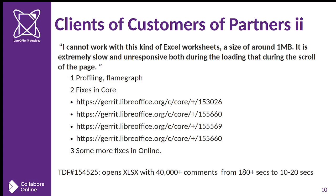Following the examples of the same multi-tier bug reporting is this. User says, I cannot work with this kind of Excel worksheets. Even though they are small, of 1 megabyte size, it's extremely slow and unresponsive both during the loading and during the scroll of the page. So with the help of some profiling and flame graph, it turns out it has a few issues. Some are in Online, but the biggest ones and the most important ones are in core. Multiple fixes help really make it smooth, and later on